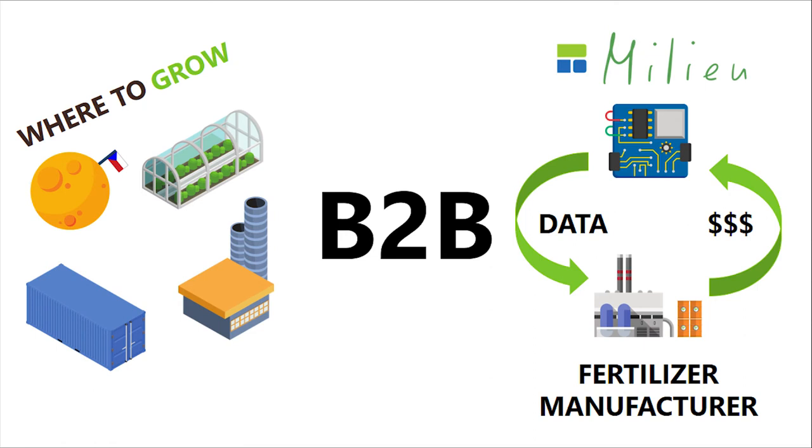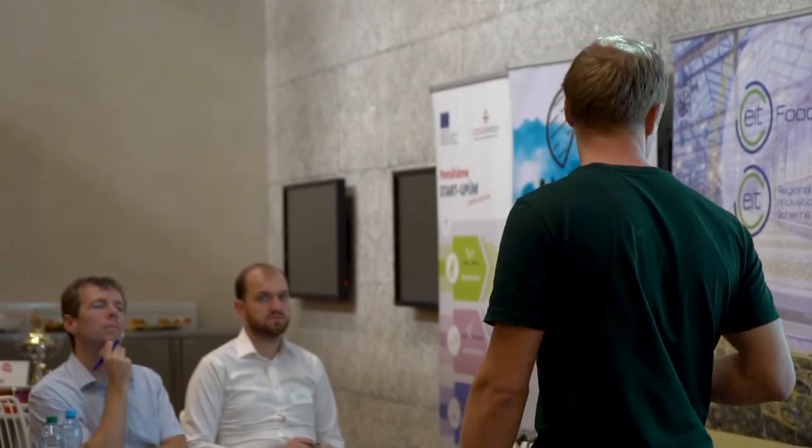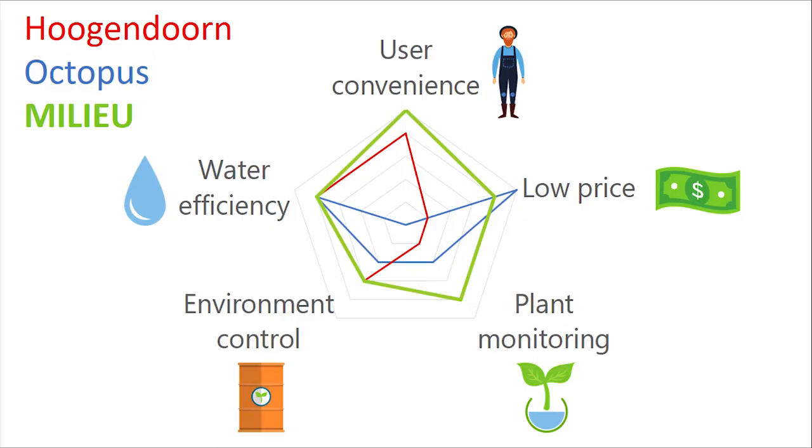of sensors in our system, we are gathering data and summarizing the performance of the used fertilizers in the system. So we can then offer this data to the fertilizer manufacturers, so they do not have to run their own laboratories. And of course, there are competitors, but the area is hugely polarized in aspects of the price for the